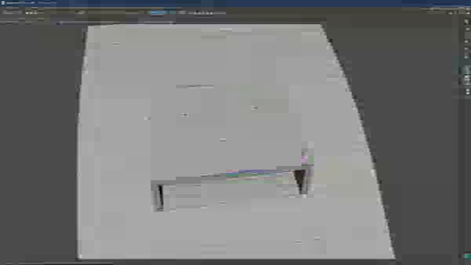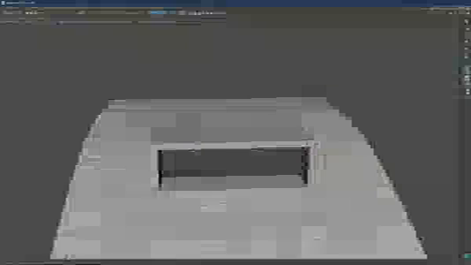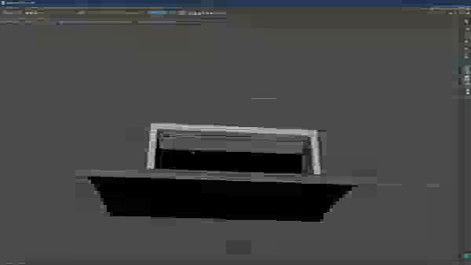Connect here to here, like so. Okay, and maybe I should have brought back symmetry, so let's do that again. Forget about the triangle for now, because we are going to fix that soon. So from here to here, all right.